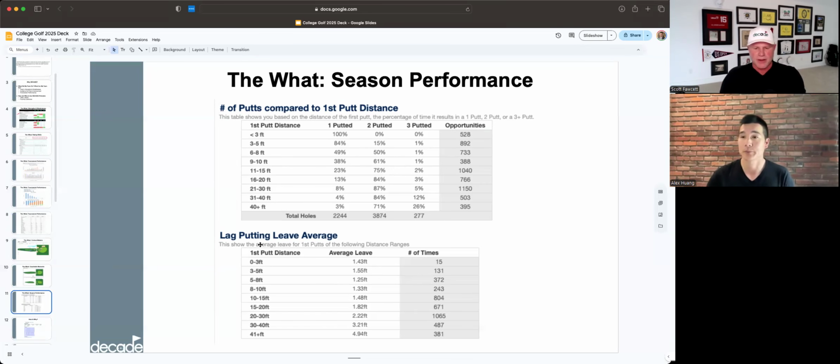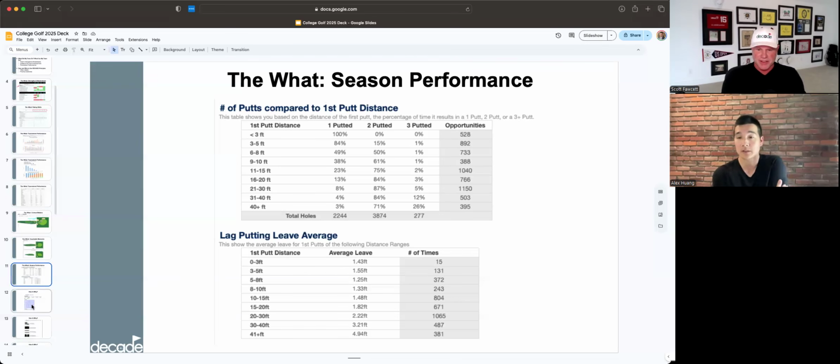putt. And this is the one specifically that I did not realize that the program does. And I've actually told Chris that on that lag putt leave average, I also want to add in there short percentage, because I feel like if we've got a terrible 40 foot plus three putt rate and we're only leaving 30% of our first putt short, or to be perfectly honest, 70% of our first putt short, like it's not just unilateral this way. If it's 50-50, it's like, all right, guys, we probably need to work on our speed control. We're blanketing the hole properly. We need to work on our speed control to make that second putt shorter, and or if our